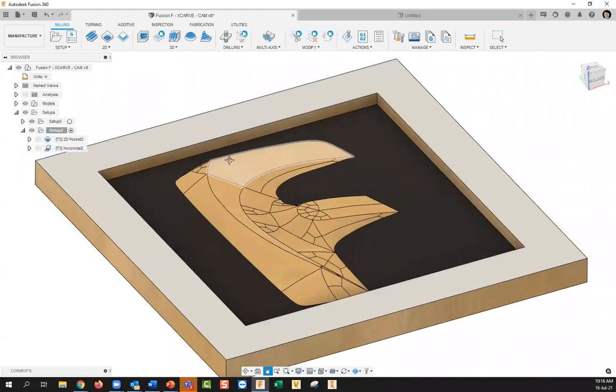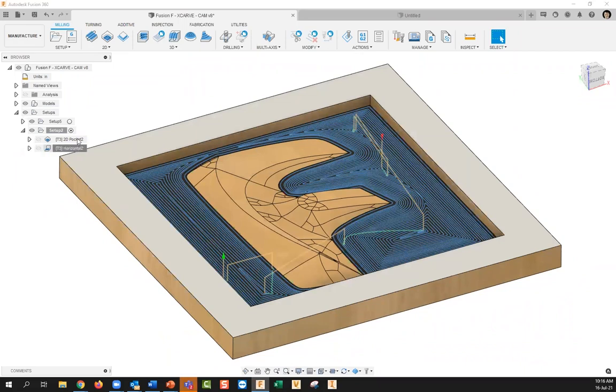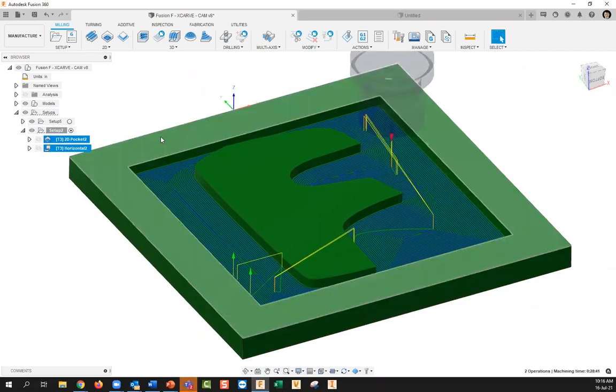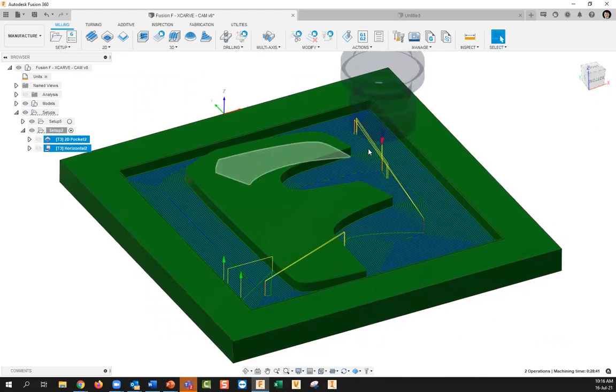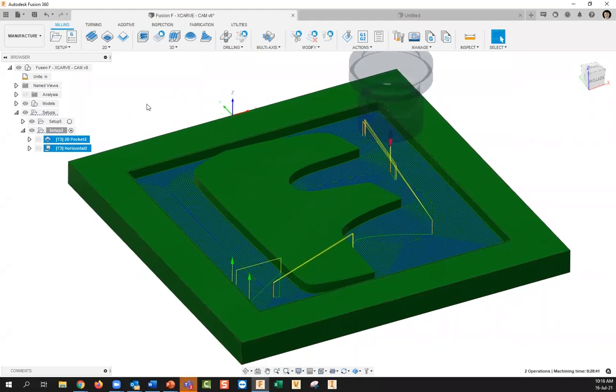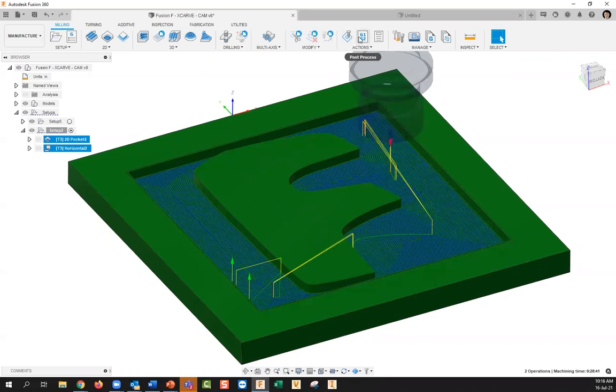All right, so after I made these two toolpaths, what I went ahead and did was I held control, selected both of these, and we're actually going to go ahead and post this. The reason being is I do a tool change to a ball end mill after this. So I'm already ready to go with the front end of my toolpaths, and I also wanted to paint that part right here. So we'll go ahead and post